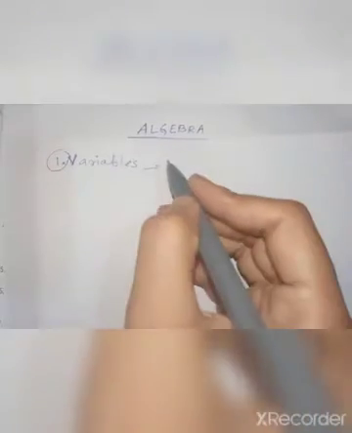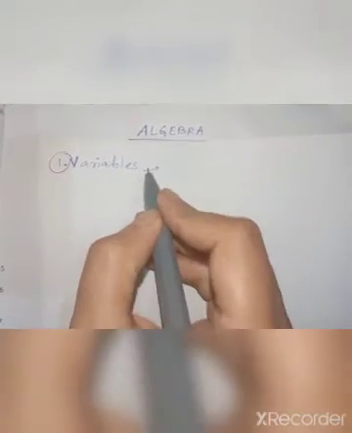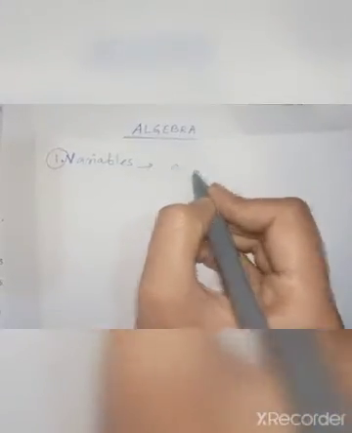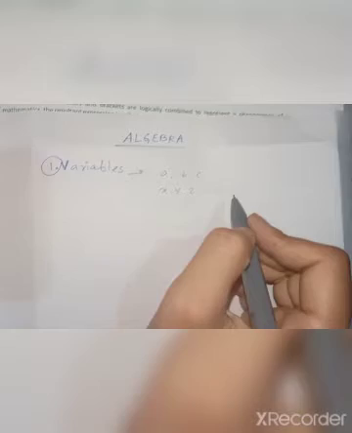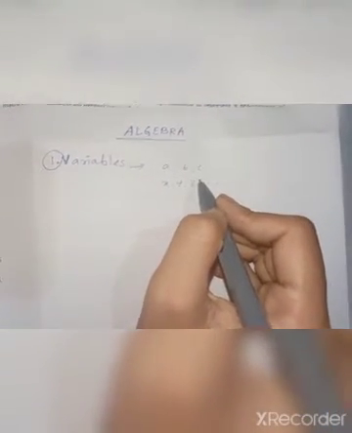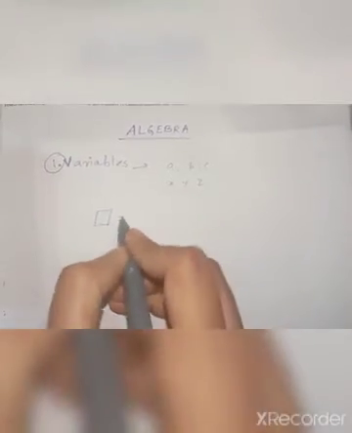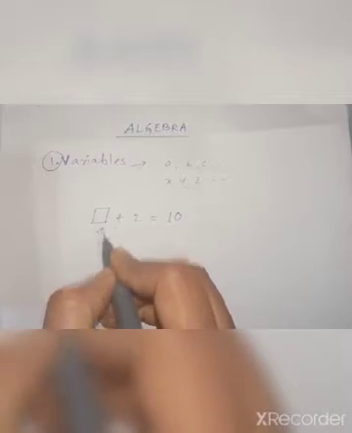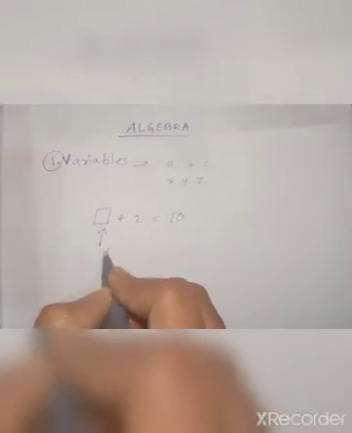So I have told about unknown value. The unknown value means any alphabetical letter, for example, A, B, C or X, Y, Z. As you wish, you can give this number or alphabet. Okay. Variable means if you have to find any number, for example, in this box plus 2 is equal to 10. So in this box what will be the number? All of you know. So there will be 8.